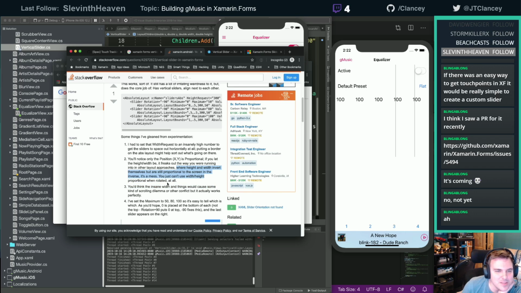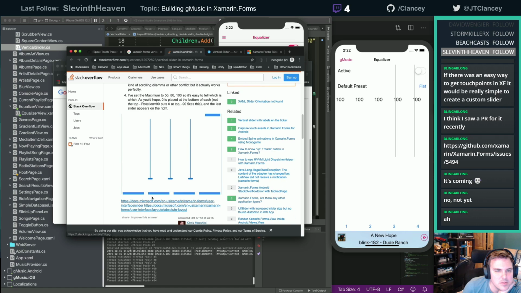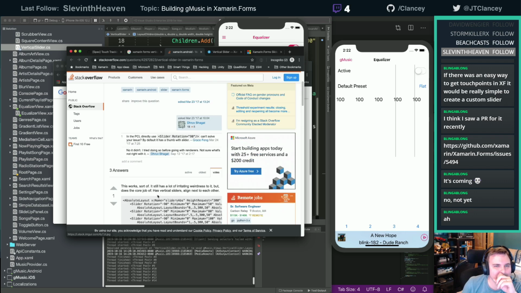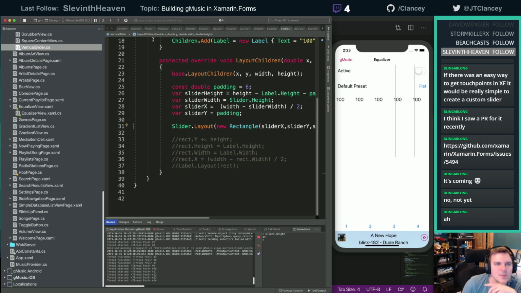Height and width invert themselves, yep. But he's doing manual layout. He did the width at 300 and the... Wow, this is tricky.